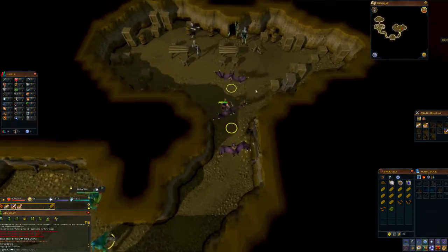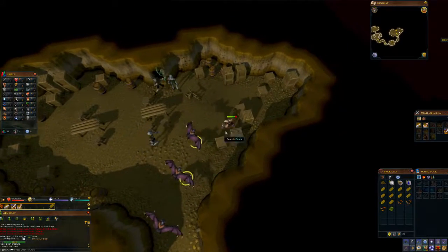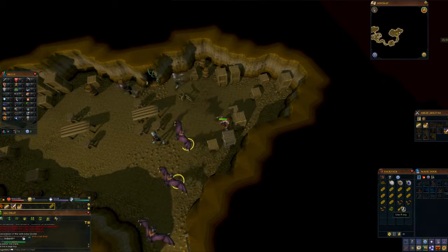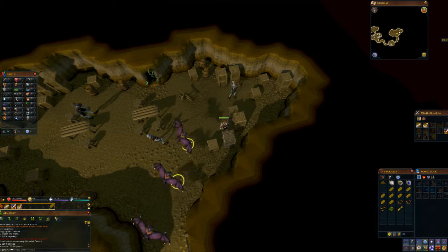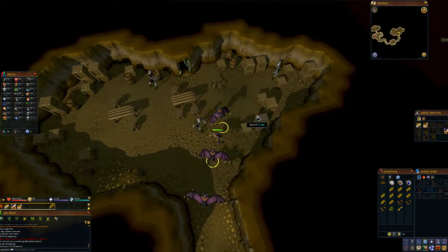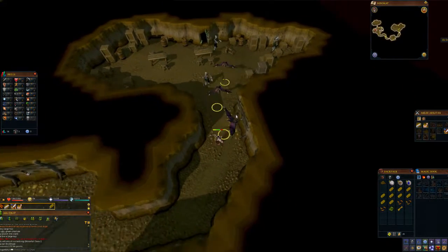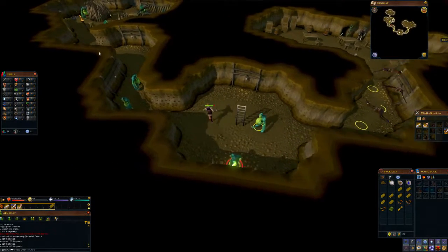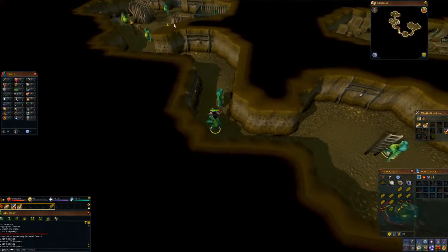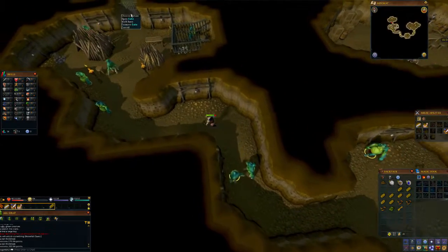So it's going to be these weirder colors, that light gray stack right there. You're going to get the key, and you're going to want to run all the way to the west now. And there's going to be a gate. So you're going to open it,